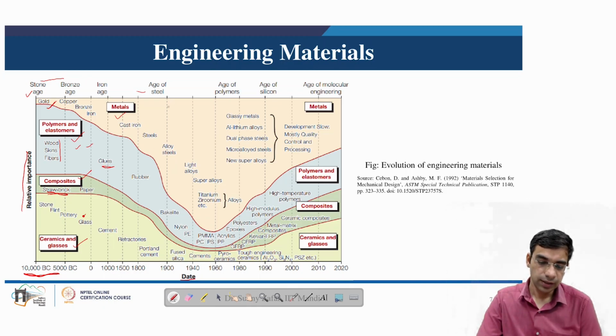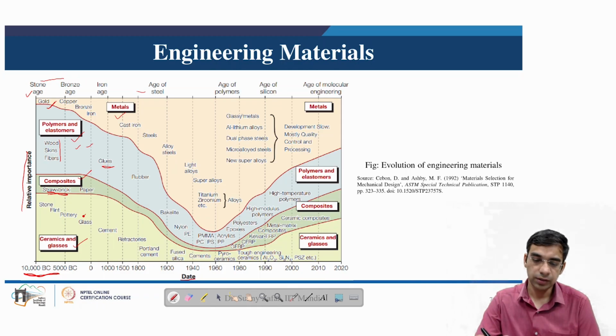So then after the 1900s, there was a lot of development in terms of new metals, which included light alloys, super alloys, titanium and zirconium based alloys. Essentially, this development was attributed to World War I and World War II, where a lot of technological development was driven by the war effort. And of course, during this time, not only metals, but several new polymers like bakelite, nylon, polyethylene, etc. were also developed. And in terms of ceramics and glasses, new types of fused silica, cements, pyroceramics were also developed. At the end of World War I and II, we entered the age of polymers.